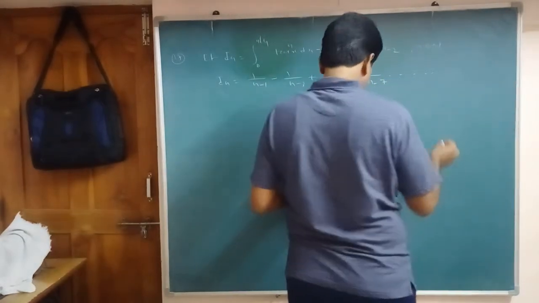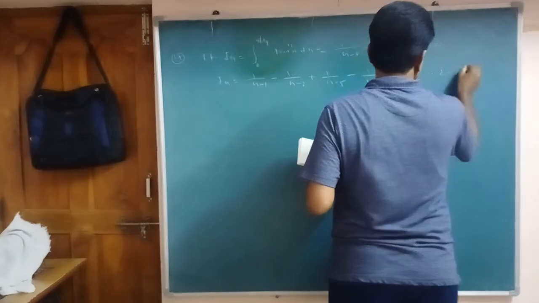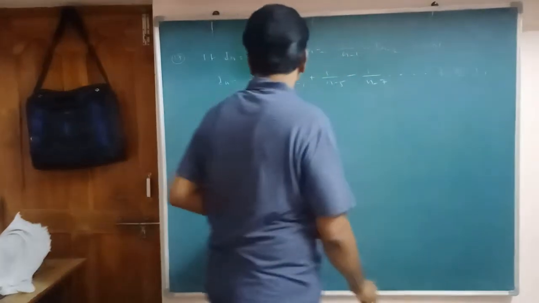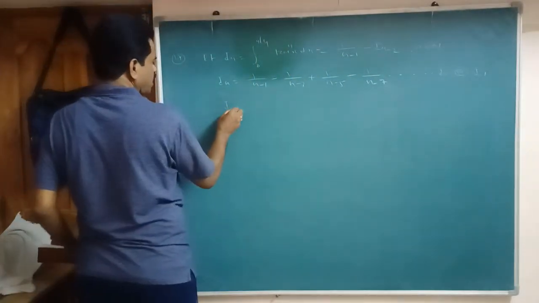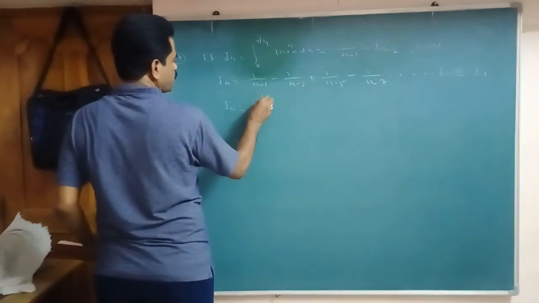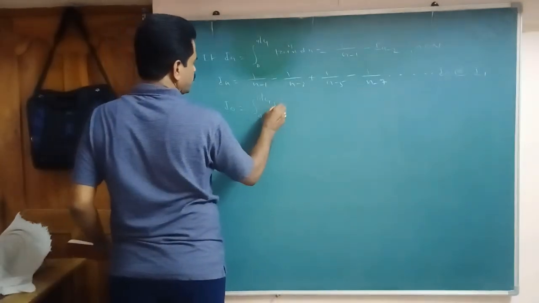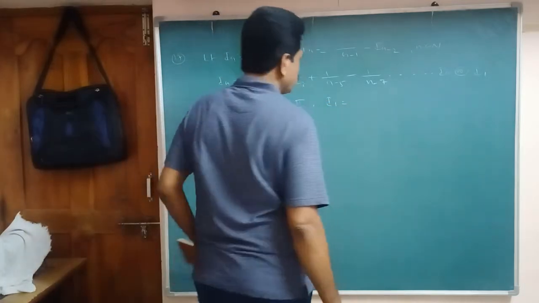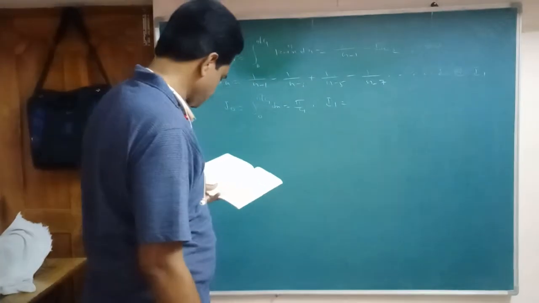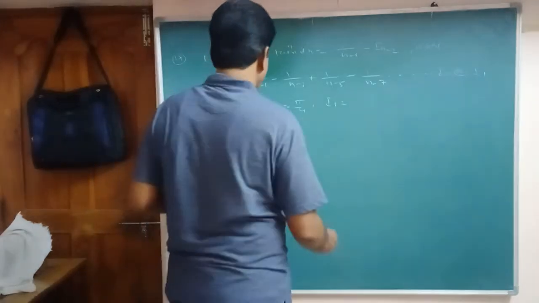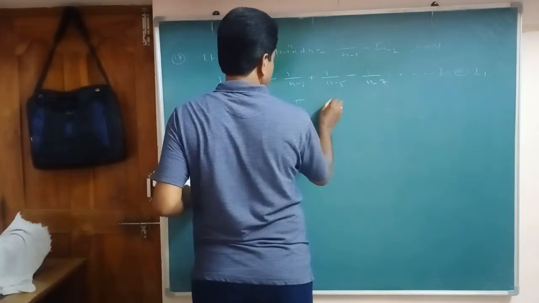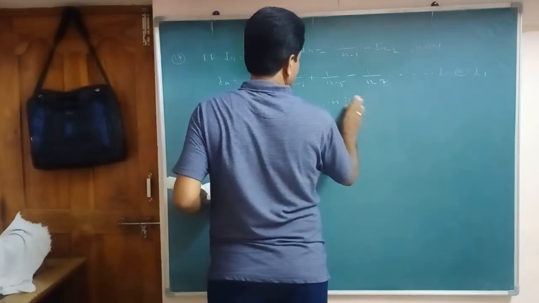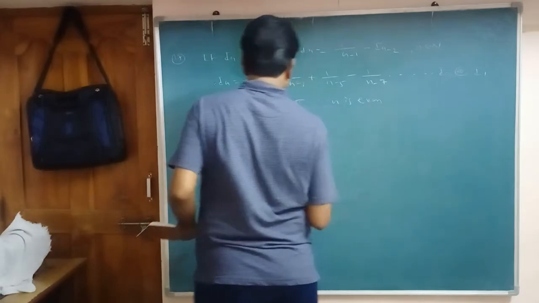So on, we will get I0 or I1. I naught, you know that I naught is the integral from 0 to pi by 4 of something power 0, which is 1, dx, that is pi by 4. So I naught, according to even or odd: here, if n is even, you will get pi by 4.